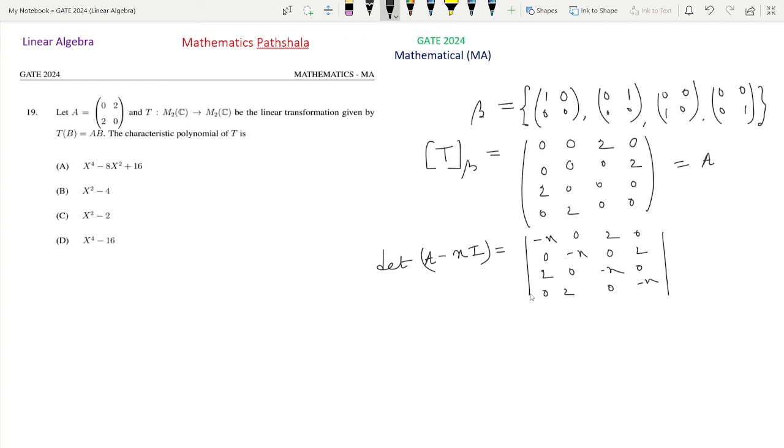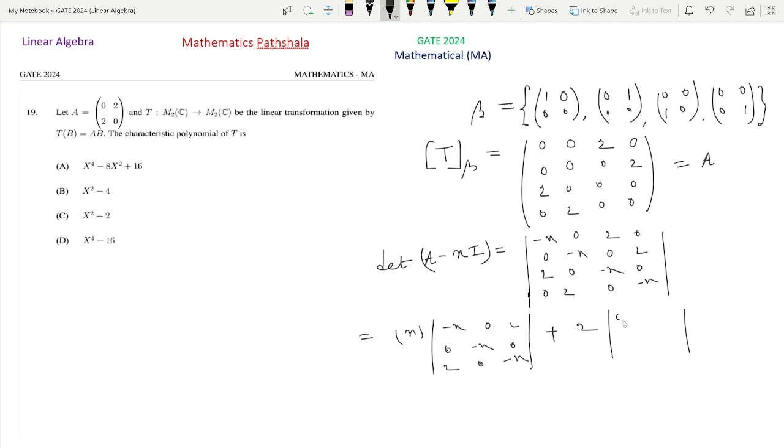So simply find the determinant of this matrix in this way. Say minus x into this 3 by 3, that is minus x 0 2, 0 minus x 0, 2 0 minus x, and then 0 into something, then plus 2 into this 3 by 3 determinant,